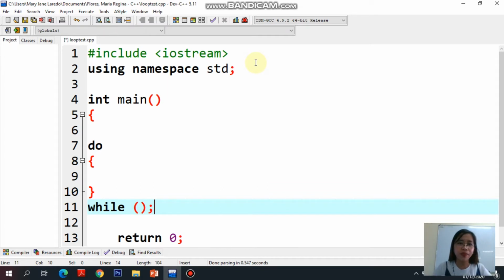Halimbawa, na mag-enter tayo ng tatlong score, and then we will get the average. If you want to try again, na makapag-input ng tatlong scores, and then get the average, you have to type yes. So, if you type no, or if you type n, so terminated na yung ating do-while loop. So, for example,